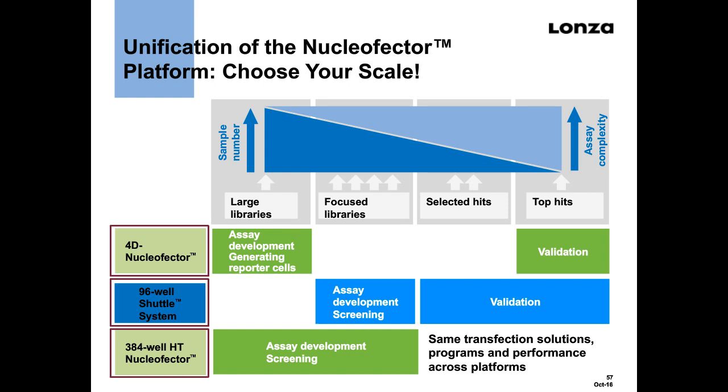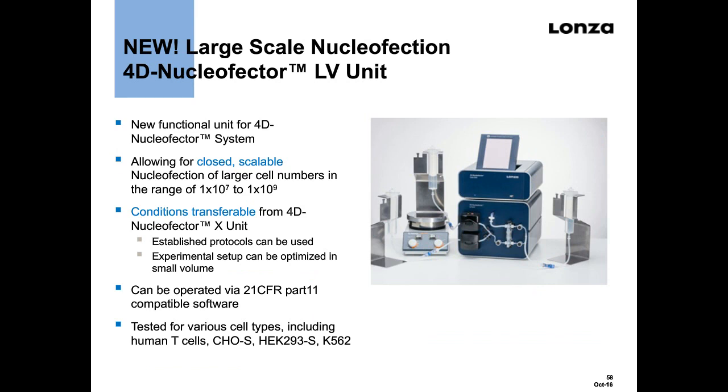This flexibility also applies to the large-scale 4D nucleofector LV unit. This is part of our modular system. The 4D core unit drives this system as well, and allows the transfection of large cell numbers ranging from 10 million up to 1 billion cells and even more. These conditions from the 4D nucleofector translate precisely into the LV nucleofector, so you can do your optimizations at a lower throughput with the 4DX unit, and then when you need to scale things up, it'll transition seamlessly into the